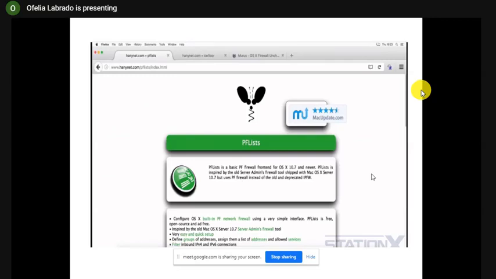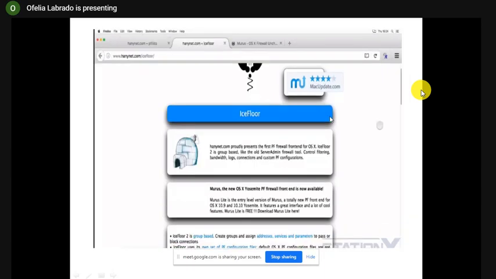So CPF is really a list of the rules. This is a PF firewall front end for OS X 10.7. So this is just the list of all rules. Another is IceFloor. IceFloor is also a front end for the